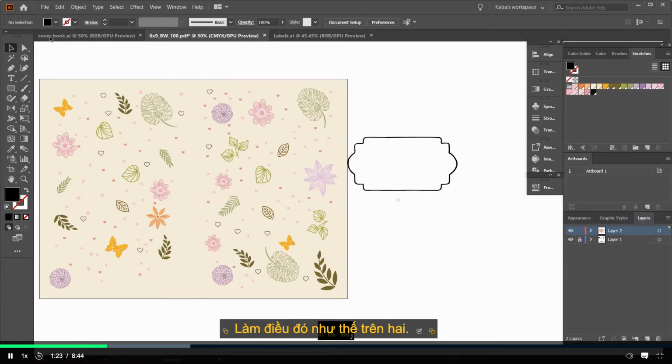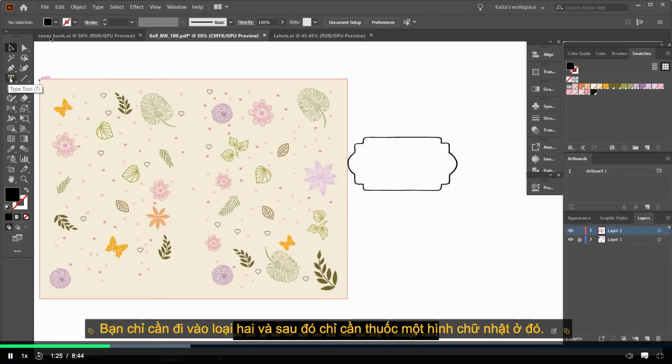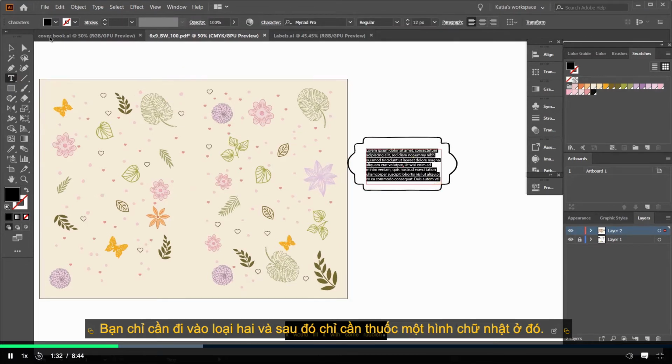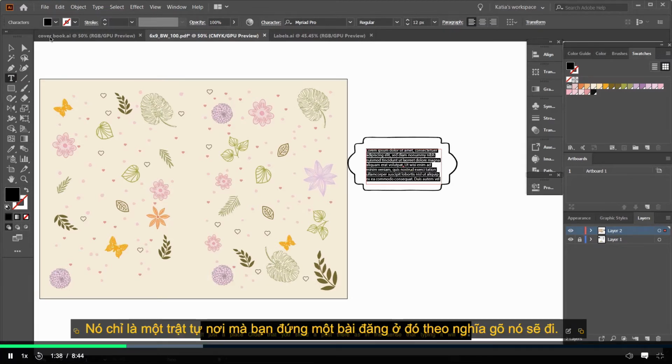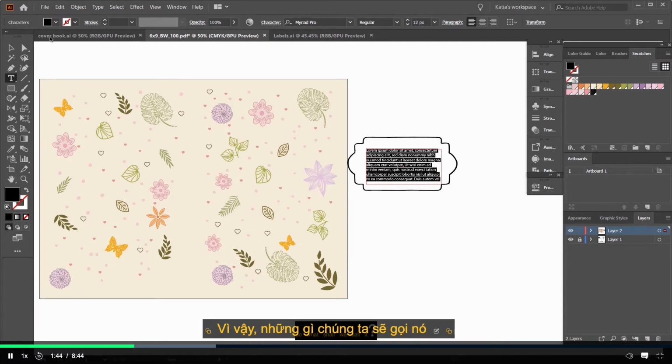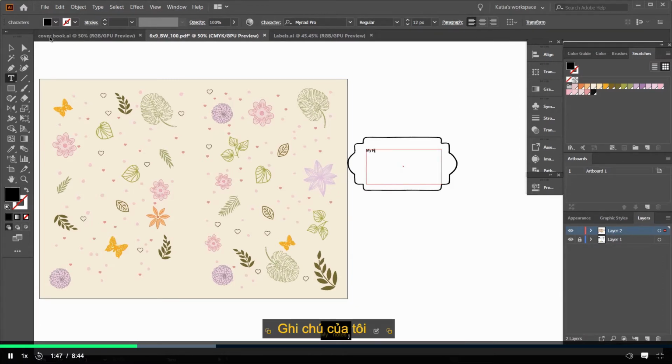And to add the text, you just go into the type tool and then just drag a rectangle there. It will fill it with some rubbish text. There is nothing to worry about. It's just a placeholder that Illustrator puts there. As soon as you start typing, it will go. So what shall we call it? My notes and